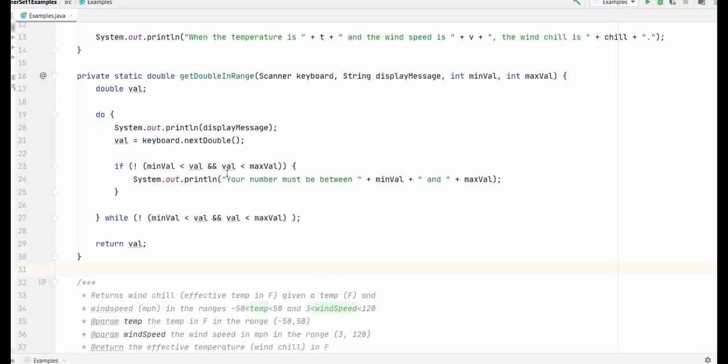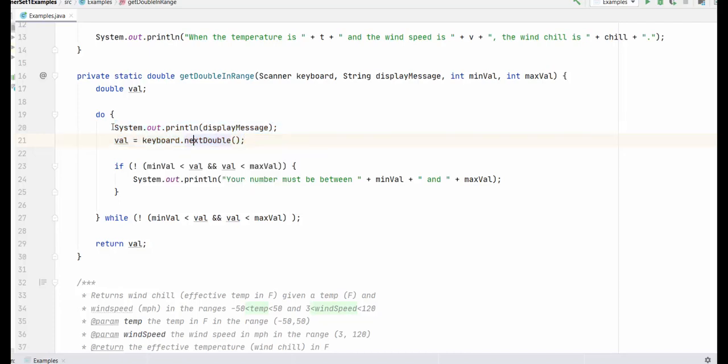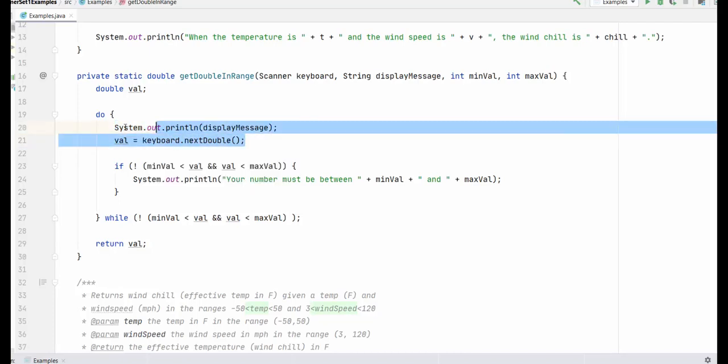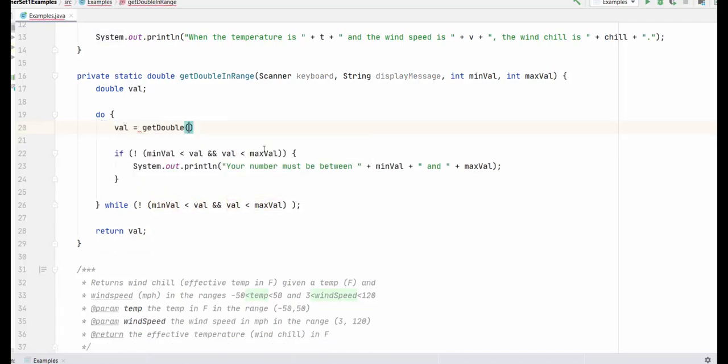So let's go ahead and try and use that same idea. Except I'm going to continue programming by intention. Rather than having all the try catch block be here, I'm going to make another method. So I'm going to cut, I guess let's do this. I'm going to cut both those lines. I'm going to say val equals getDouble, keyboard, display message. So I'm imagining that there's a method called getDouble, and all it does is it displays this message